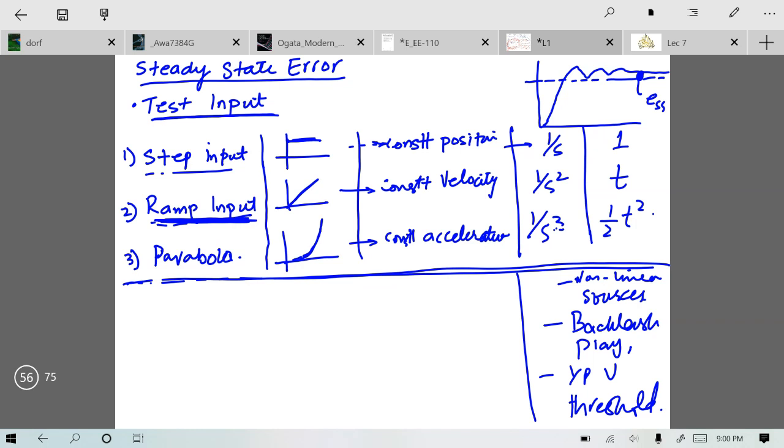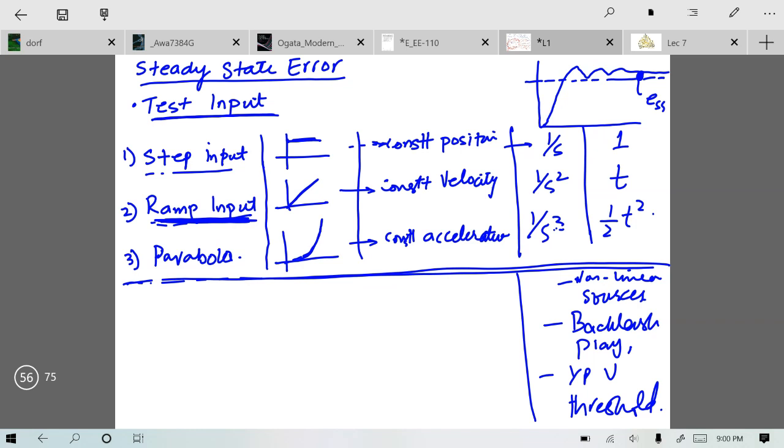Whenever the performance of the system is degraded, the steady state error comes into place. Whenever there is some problem in the system, it will not give the required output. So whenever the system is not able to give you the required output, it is obviously due to the fact that it has a steady state error in it.